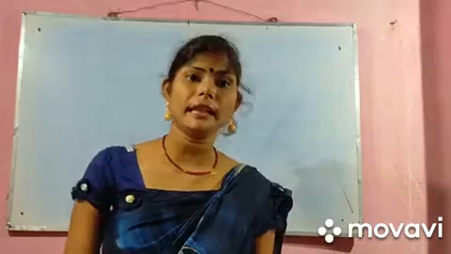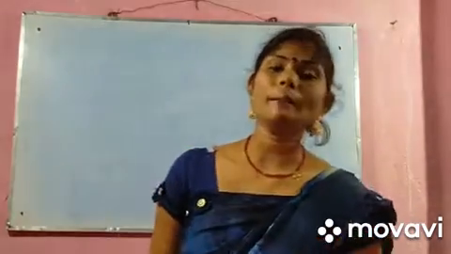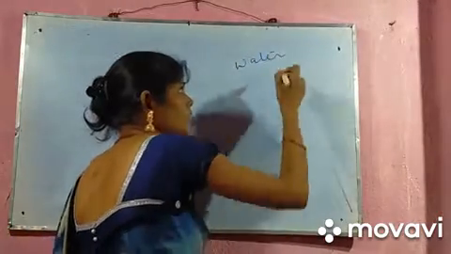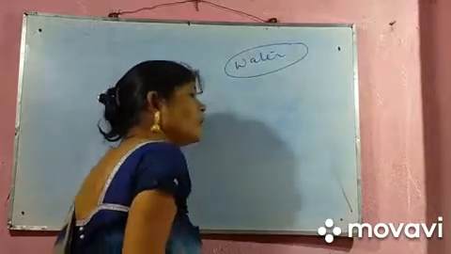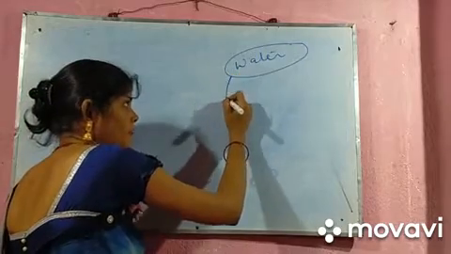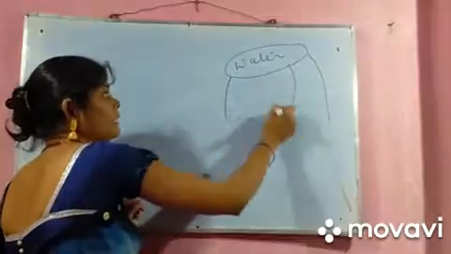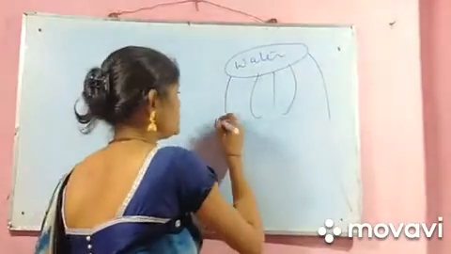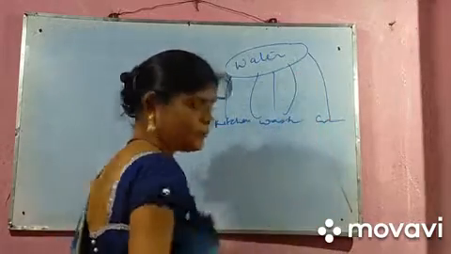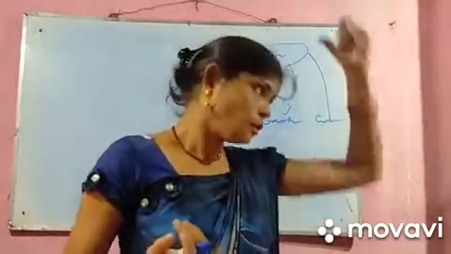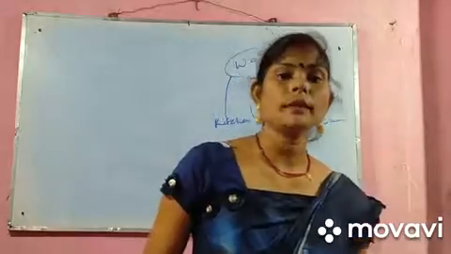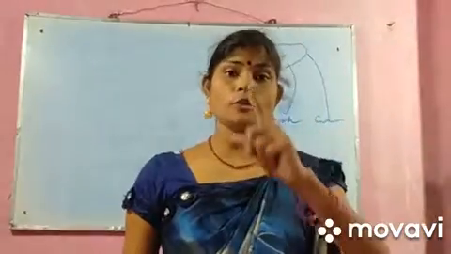I'll give you an example from your daily life. You will understand very well. In your house, you have a water tank. Suppose this is your heart. What is the function of the water tank? To supply water to the different parts of your house. Suppose it is going to the kitchen, washroom, garden, different places. The water is going through what? Through a pipe. Now when this water goes downside, it will not come up again. There is only one way passage.